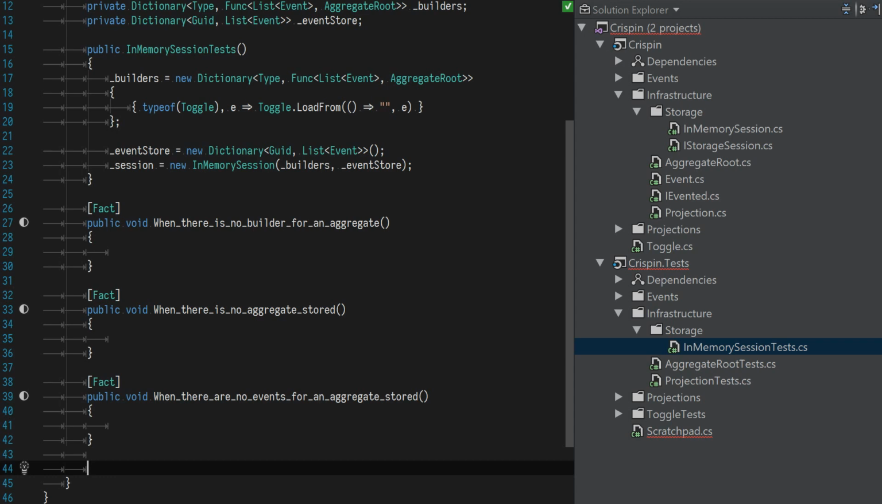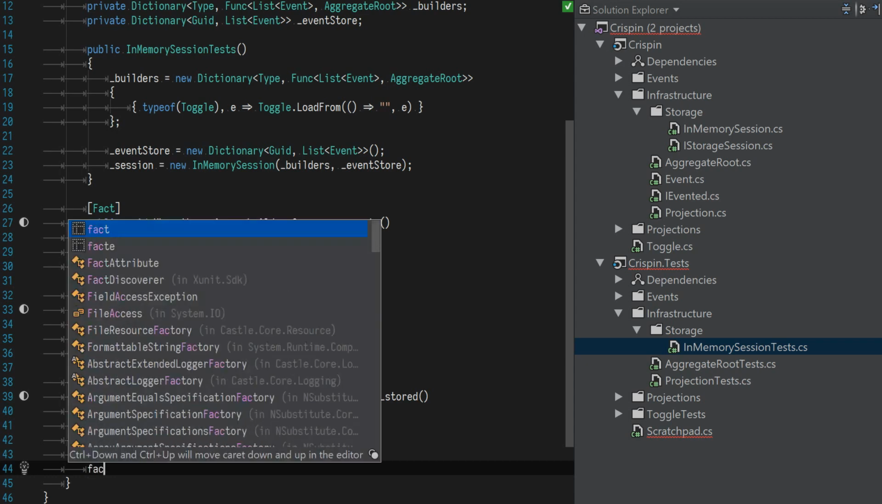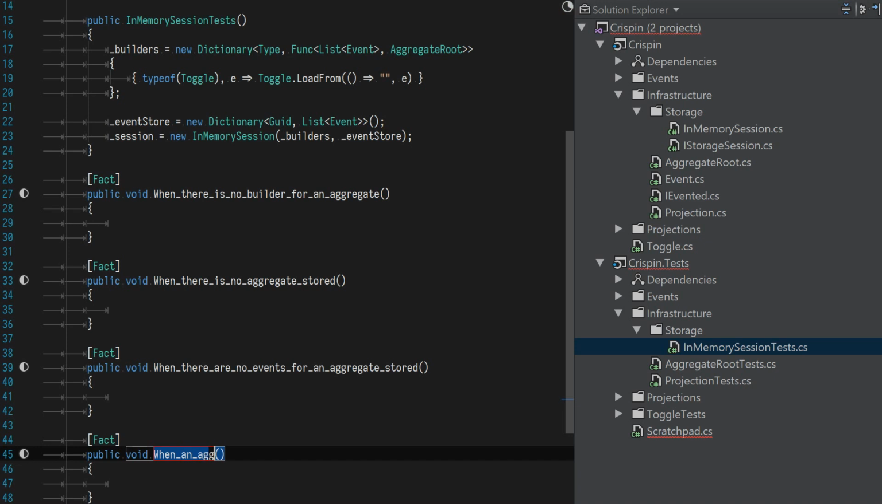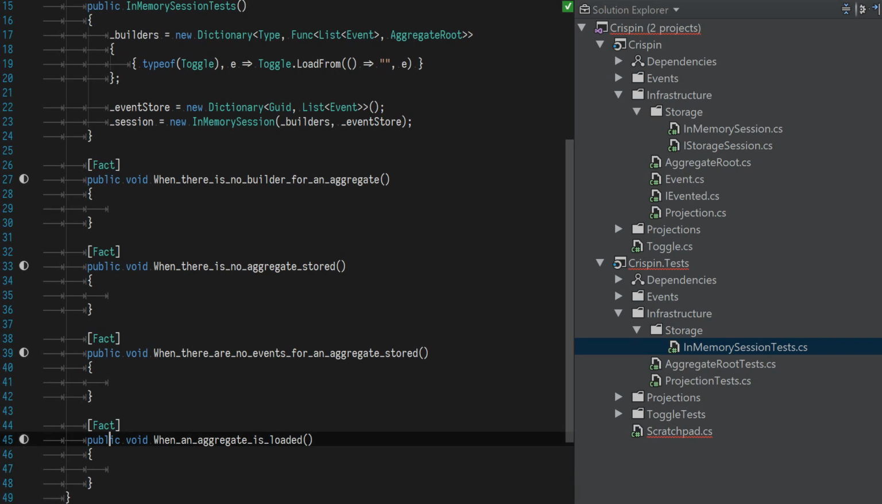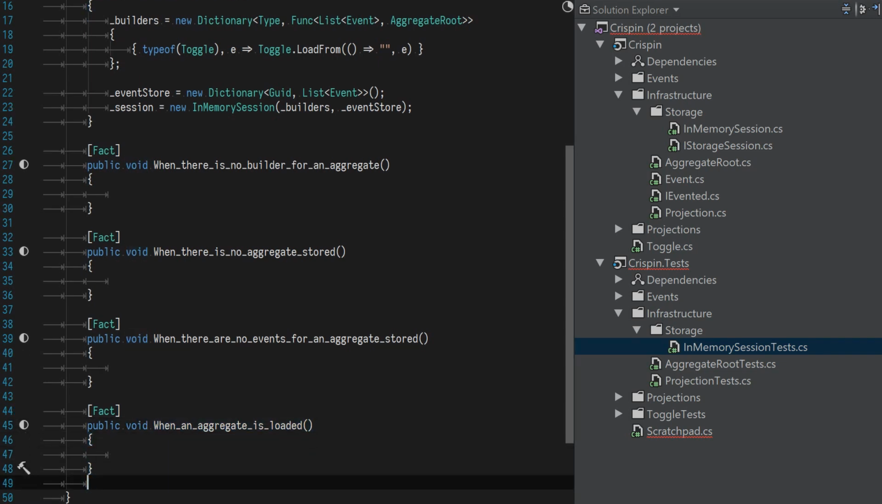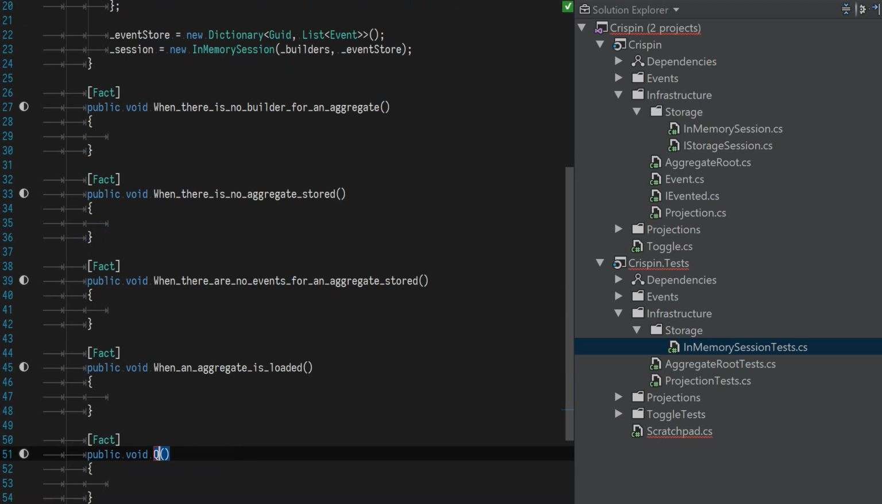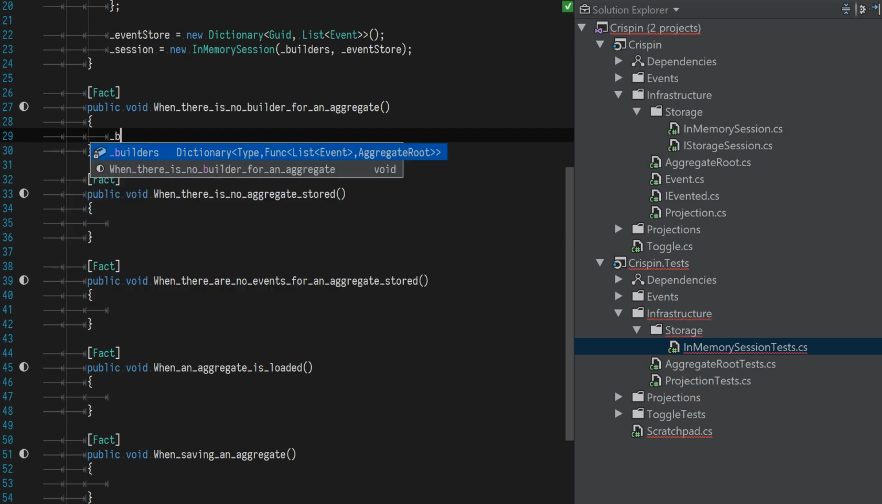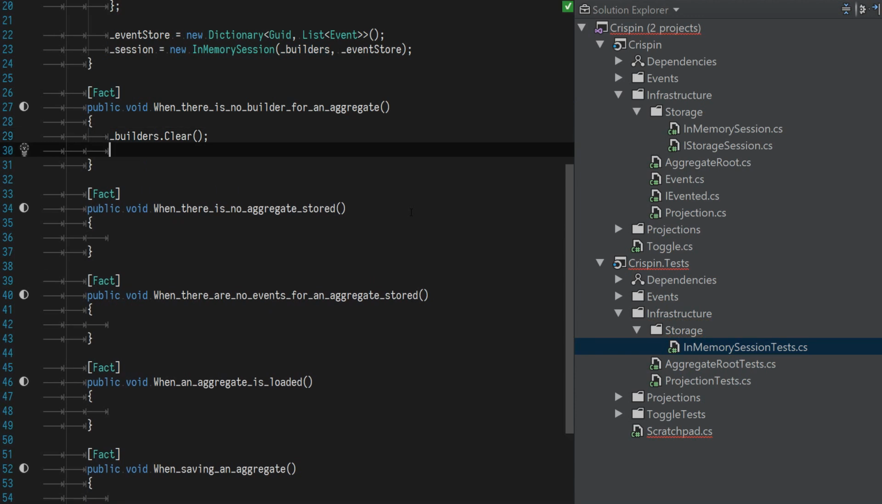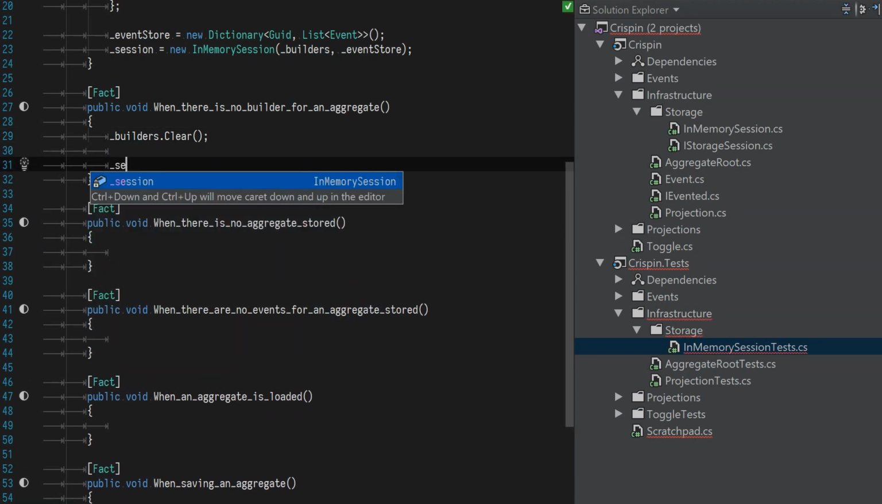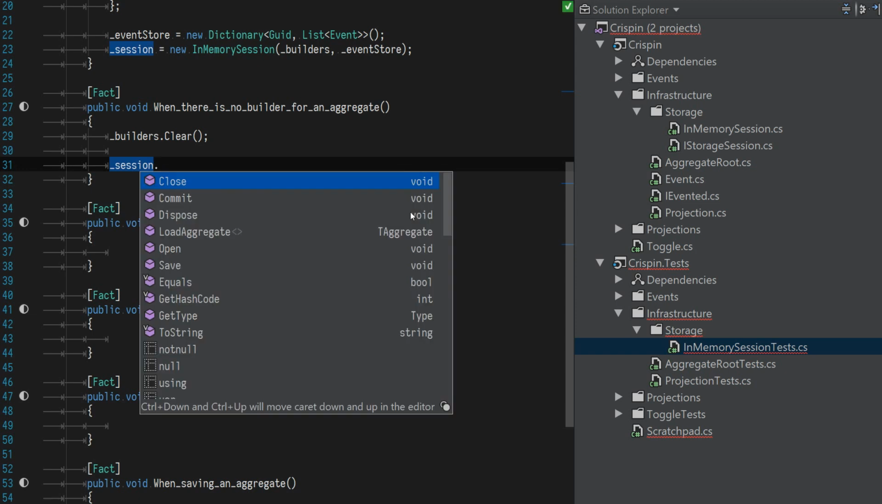Right, so now we've got some negative cases. Let's have a happy case. So when an aggregate is loaded. Note we're only testing for loading at the moment. This is not a run through, so in fact, when saving an aggregate, right, that one's easy enough. We do underscore builders clear, and then we just try and do session load aggregate